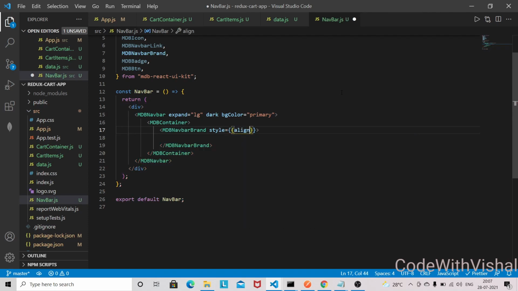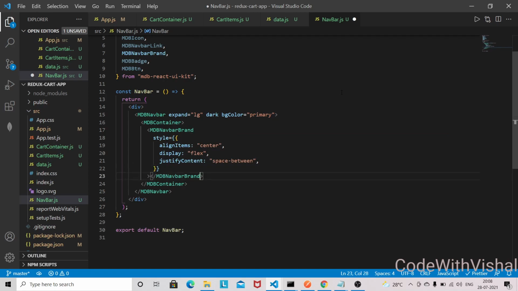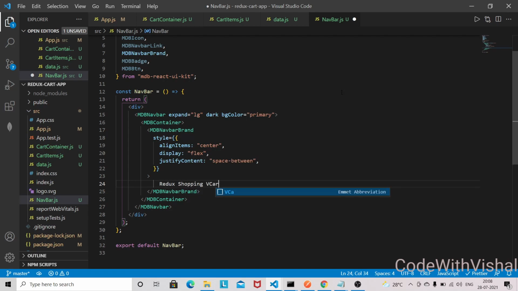So that will be like alignItems center, display flex, and justifyContent, and this will be space-between, and inside this MDBNavbarBrand we will have our heading, like Redux Shopping Cart.